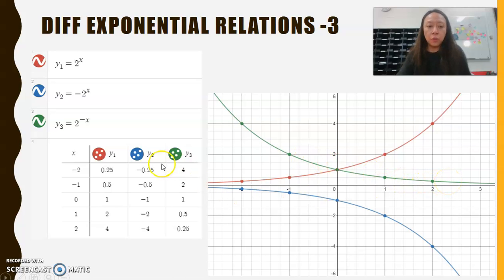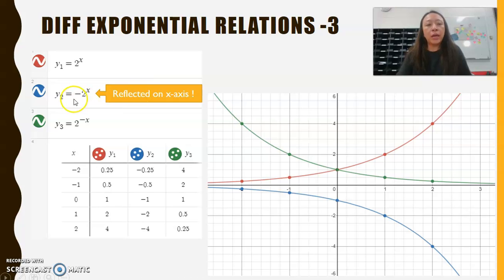So when there is a negative, the graph will keep decreasing in value, because of how the negative affects the corresponding x value. This green line, the third equation, is actually a reflection of y equals 2 power x on the